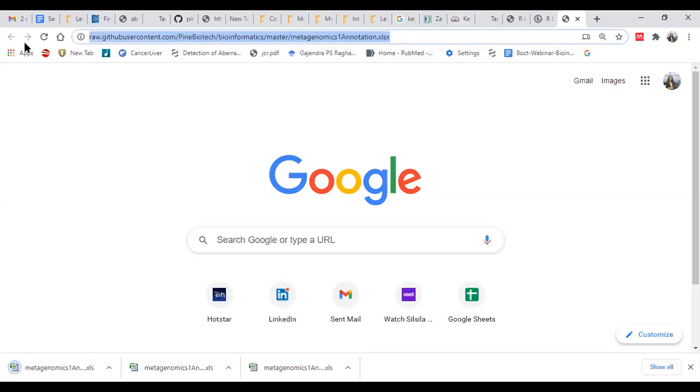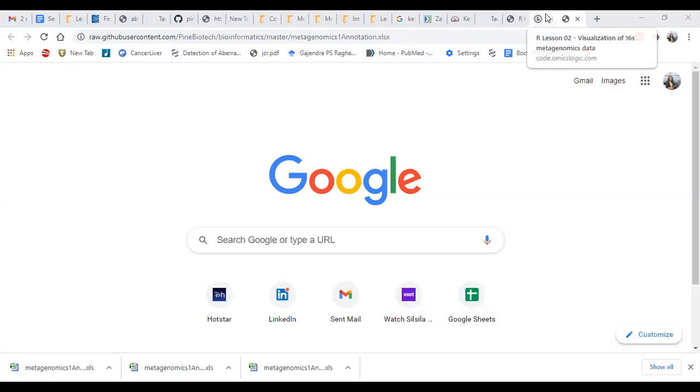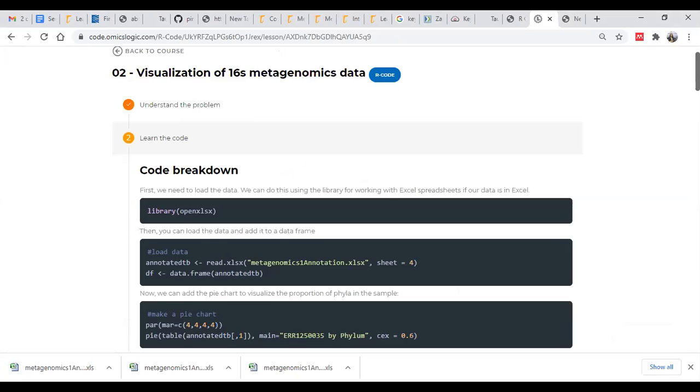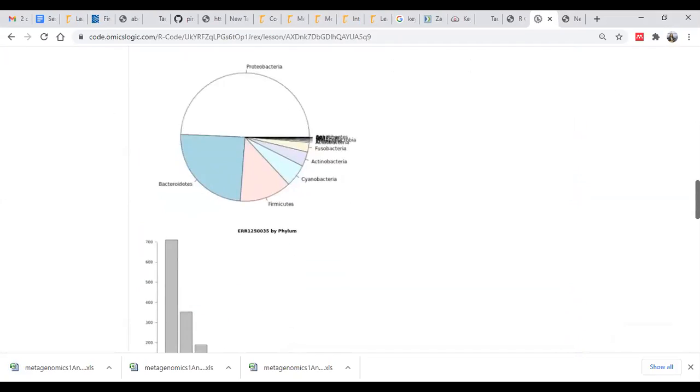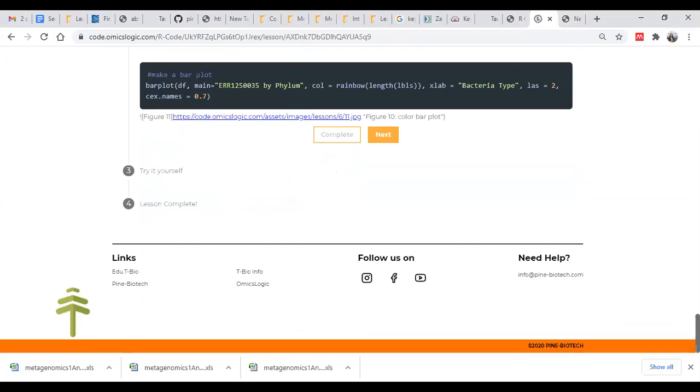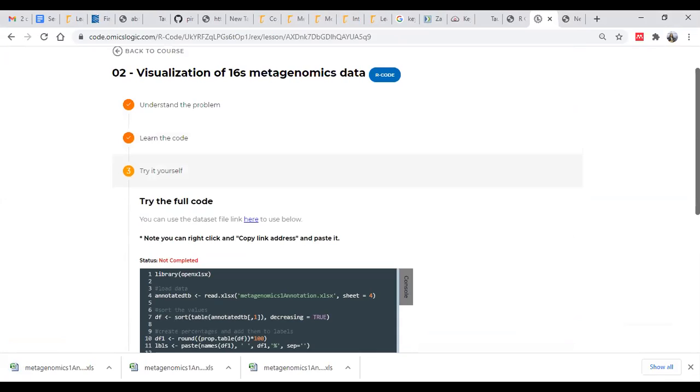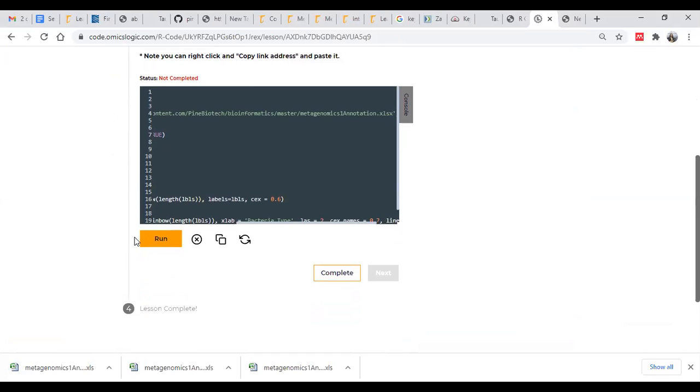We can just provide this path. I'm copying it here in the chat. Here we need to provide the path of this particular file. Now if we run this pipeline,